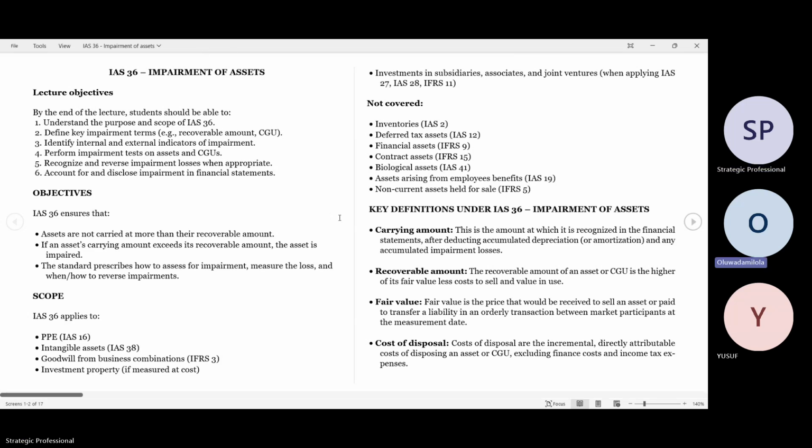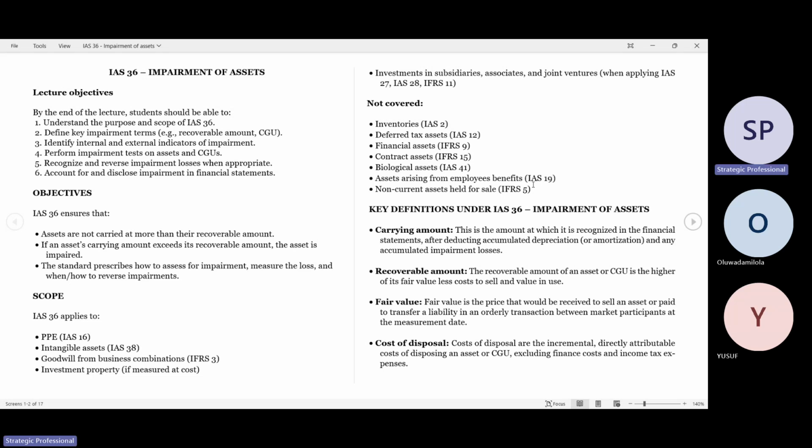I think you mentioned something around trade receivables. Okay. So like I said, IAS 36 is impairment of assets. It means that the assets that IAS 36 is talking about is not all assets. Because we have different examples of assets. We have property, plant, and equipment. We have furniture and fittings. We have inventory. We have motor vehicle. We have trade receivables. We have cash equivalent, cash at bank, biological assets, etc.